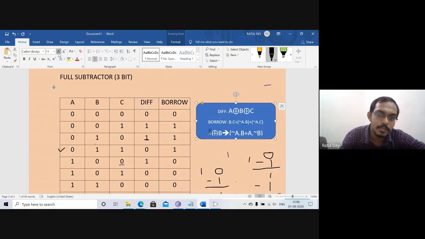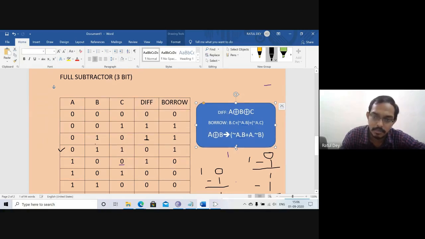From here we find the equation. So this equation is right. We are just going to implement the same equation in the logic software.